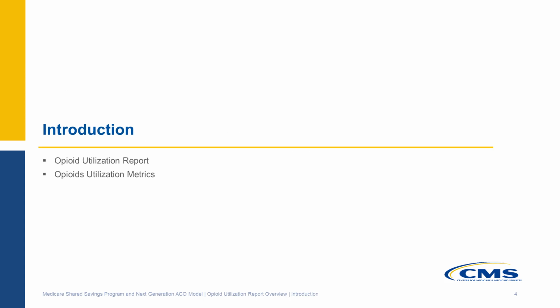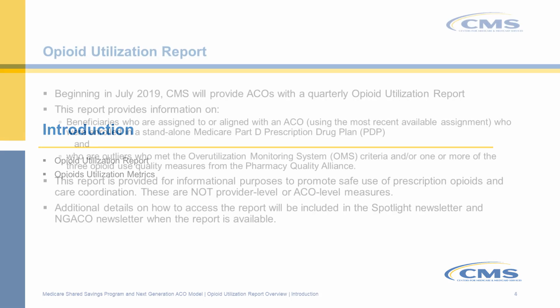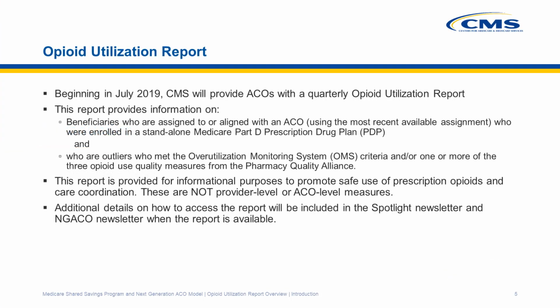On the next few slides, we will cover the content and background of the new Informational Opioid Metrics Reports for ACOs. Beginning in July 2019, CMS will provide ACOs with a Quarterly Opioid Utilization Report. This report provides information on ACO-assigned beneficiaries using the most recent available assignment who were enrolled in a standalone Medicare Part D prescription drug plan, or PDP, and who were outliers who met the Overutilization Monitoring System criteria